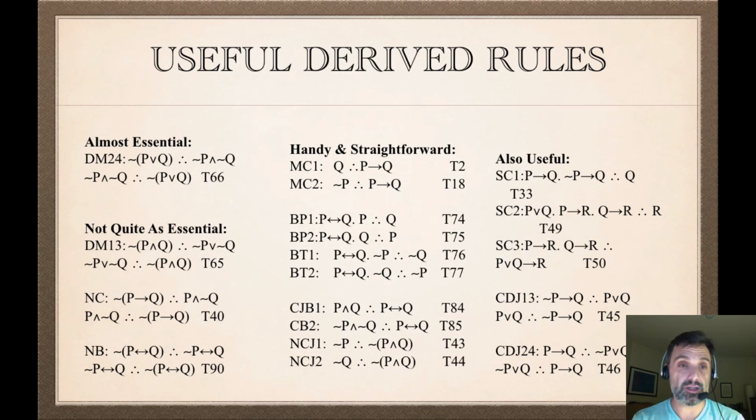So I would say definitely derive DM24, and almost certainly derive the other DM13 and NC and NB. And then BP makes your life a lot easier, and it's very easy. The other handy and straightforward ones are also worth deriving, but the most important ones are the negation ones. So I'm going to go ahead and end this video, and I'm going to do a derivation example that's going to involve show neg disjunction or disjunct, and also